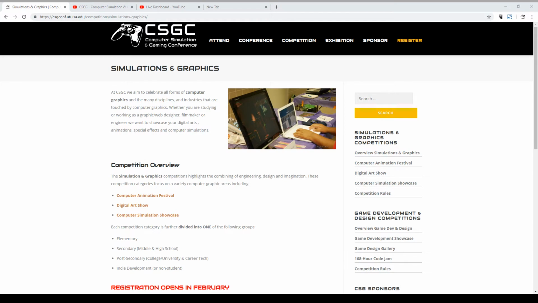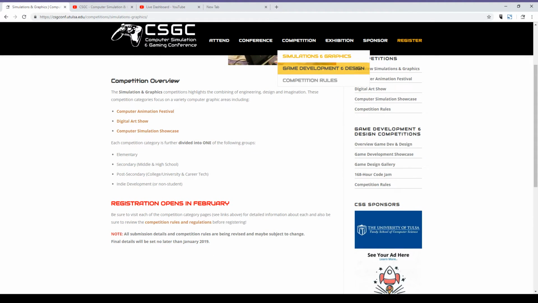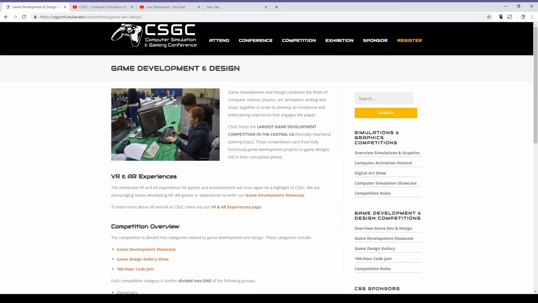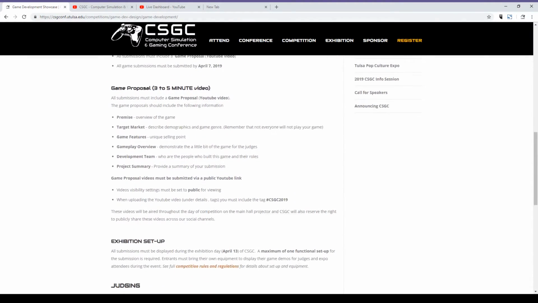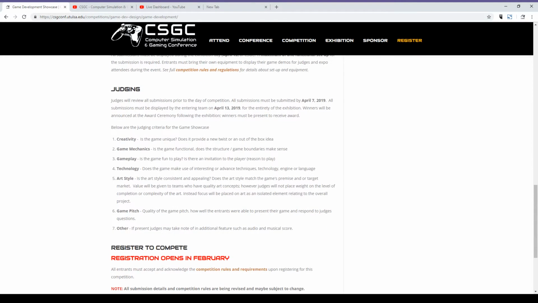And how they're going to judge is actually on the website as well. If we go to any one of these categories, well, we've been talking about game development, if you scroll down, you can see that it has the judging criteria. On this one, the judges are looking at 6 criteria, and then there's a 7th criteria of other, just in case some additional feature is noted in the game that wasn't part of the other areas.